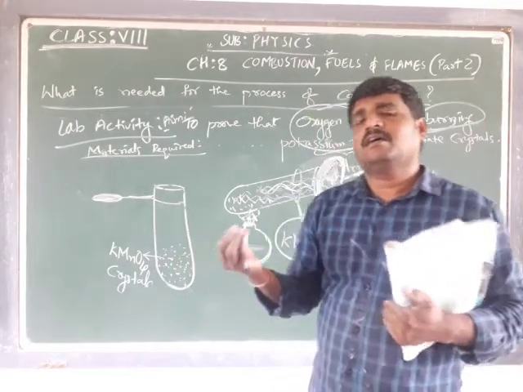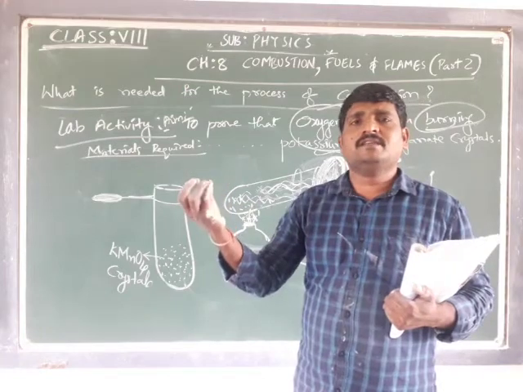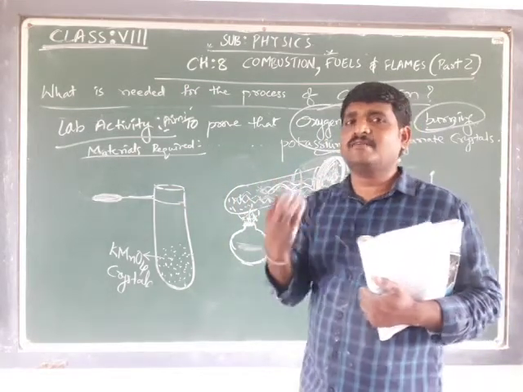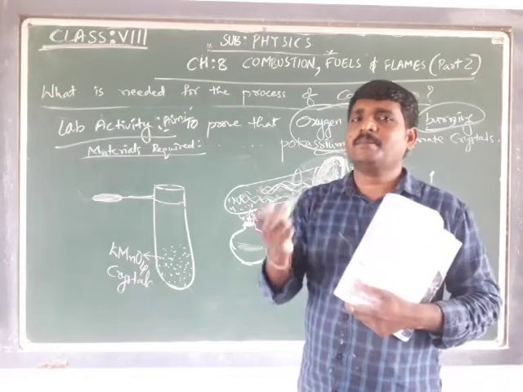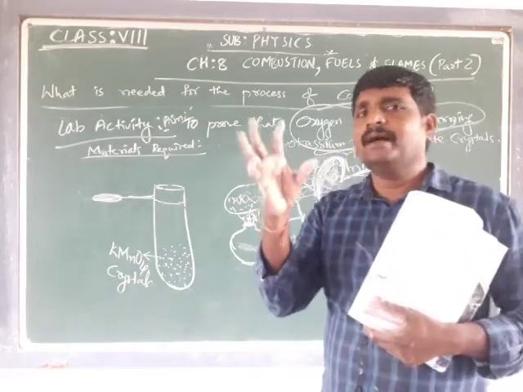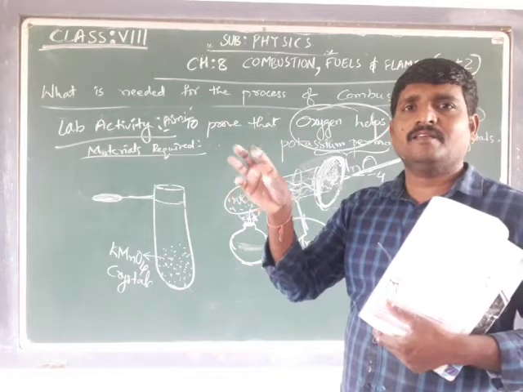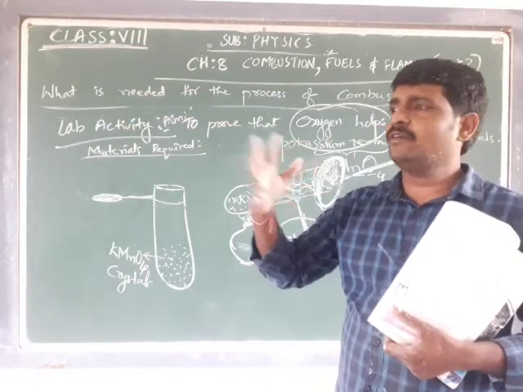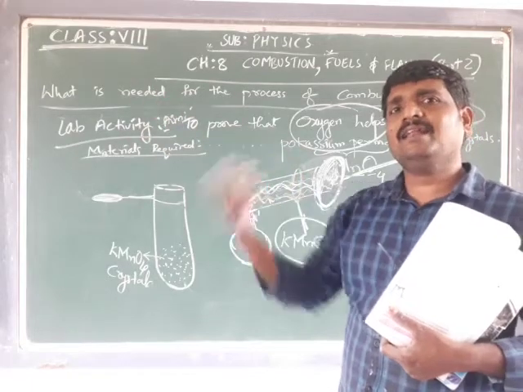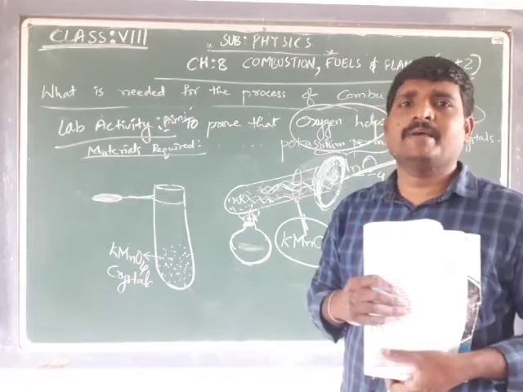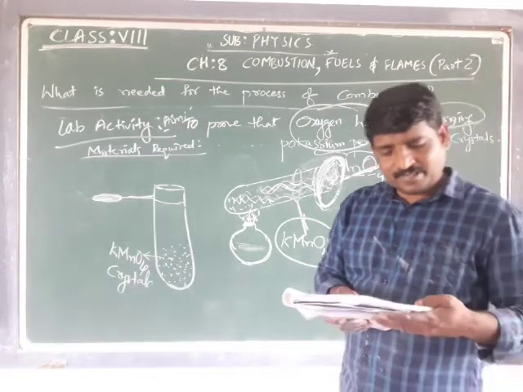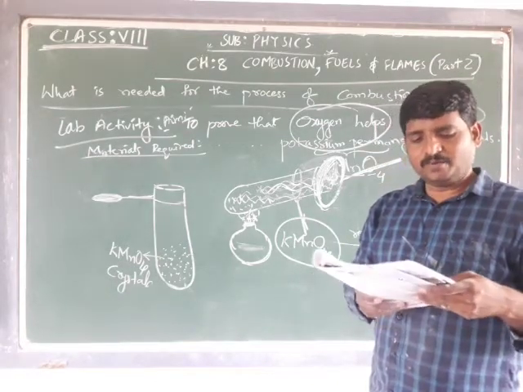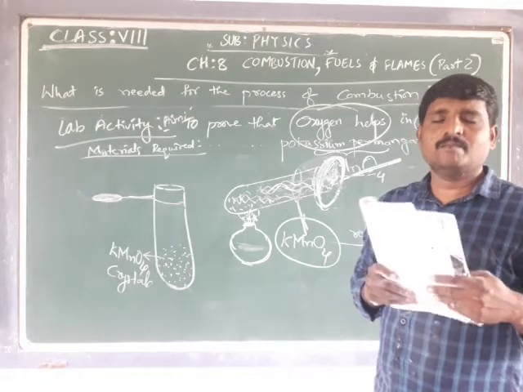We have stated that oxygen or air is needed for burning some substance. Suppose a candle is burning. If we blow air with a high speed through that candle, the candle gets put off. Why does this happen? Or sometimes when an object catches fire, the fire is put off by covering it with sand and a blanket.